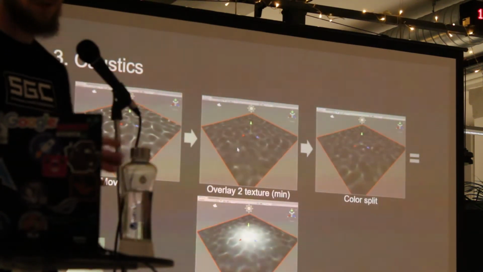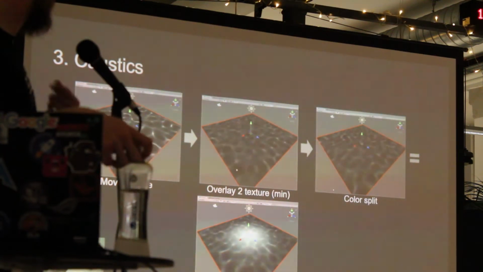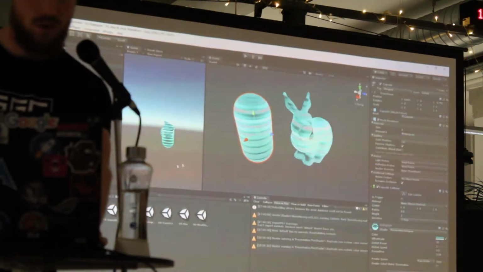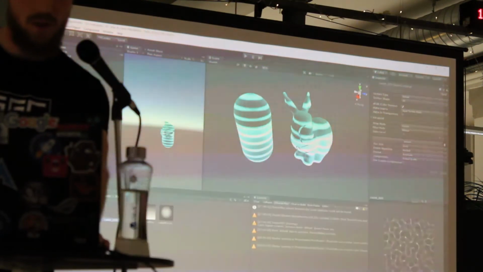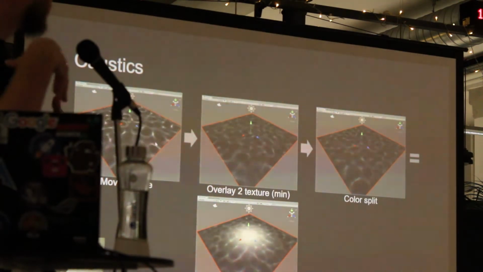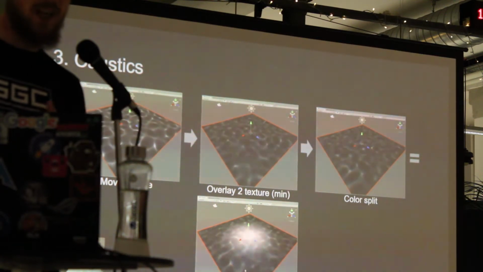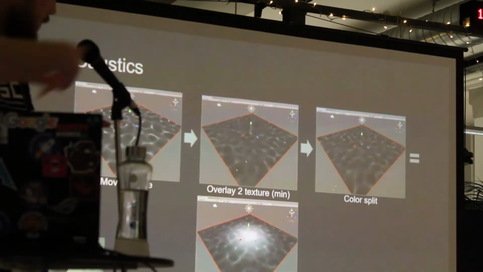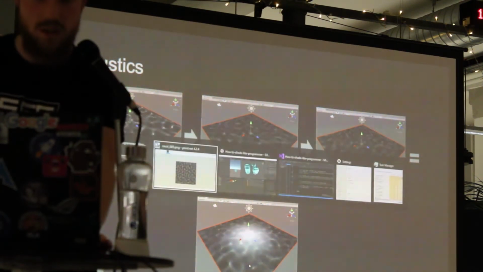And the next one, which is also a really simple and really cool effect, is caustics. So what I did here was find a caustic texture online, which looks something like this. This is basically my texture, and I'm just moving the UVs in one direction. For the second step, I took another texture and overlaid it on top, moved it in the other direction, and took the minimum of these two textures. So how this looks in code,